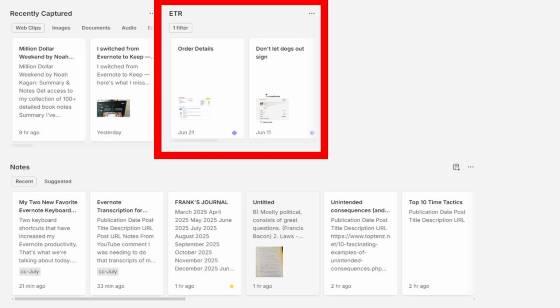And this particular widget, the ETR widget, is called a filtered note widget. I have told it what needs to display in that widget. And so in this particular case, anything that is assigned to the ETR notebook shows up in Evernote Home in this little ETR widget. Continuing with the